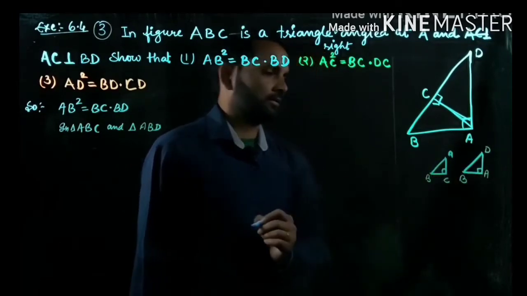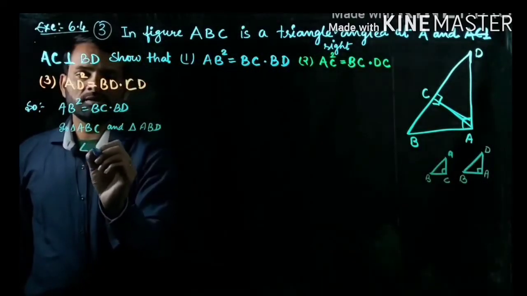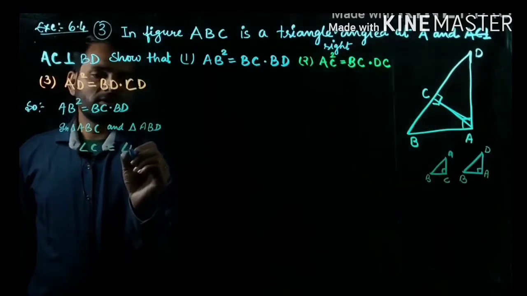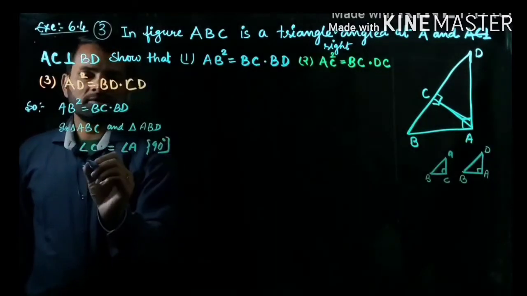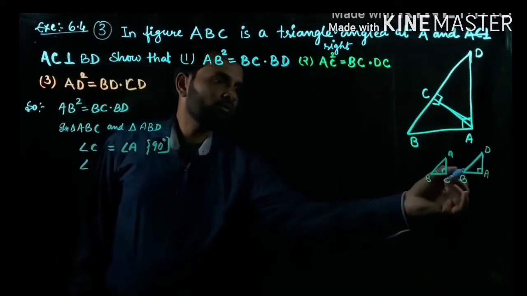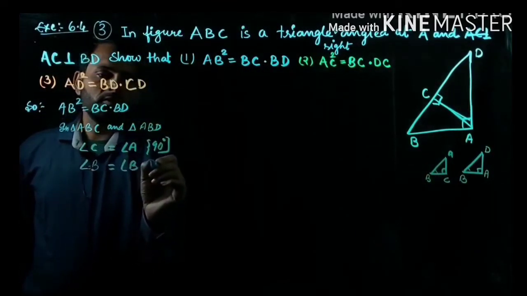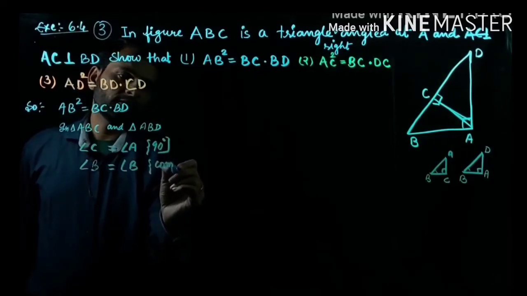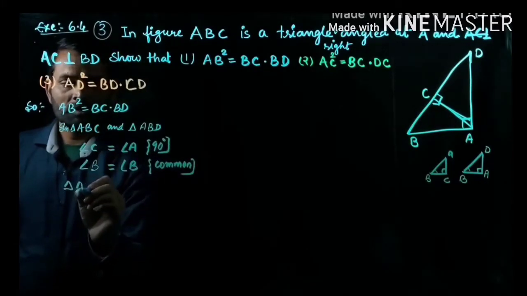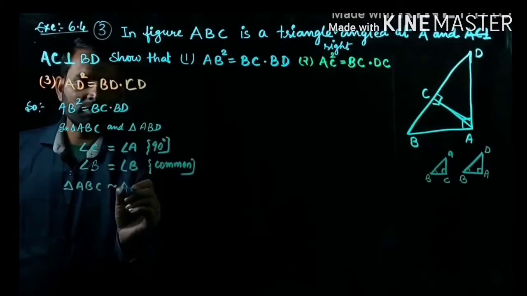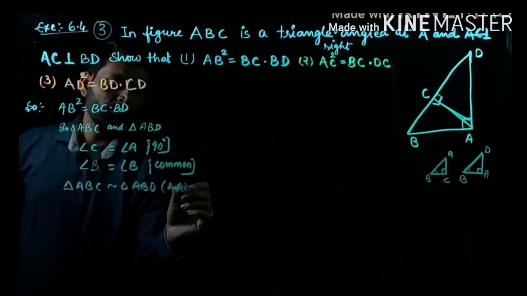It is the right angle triangle. Okay, then we write in triangle ABC: angle A is equal to angle D, which is 90 degrees. And second, angle B is a common angle. Angle B is equal to angle B, the common angle. It means triangle ABC is similar to triangle ABD. Why? By the angle property.